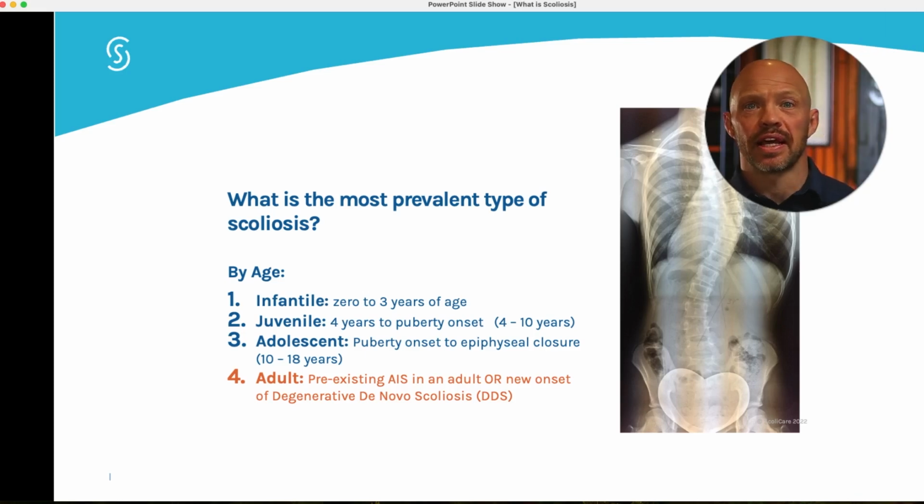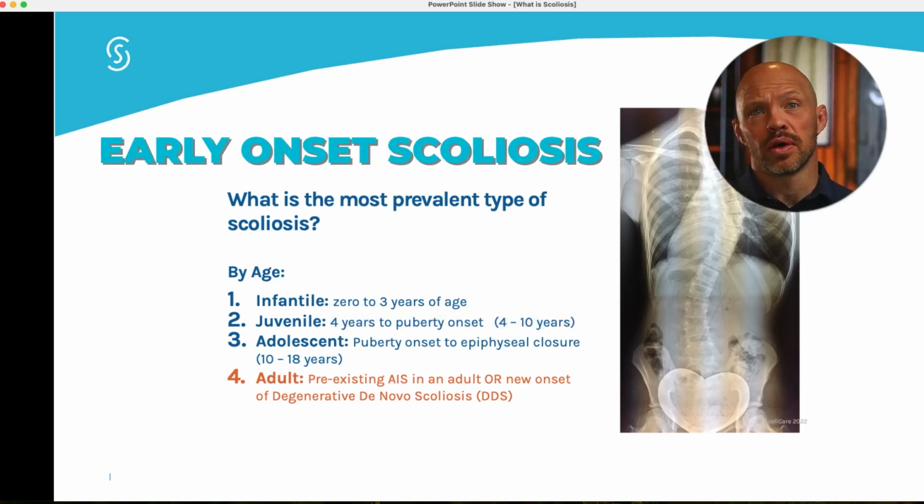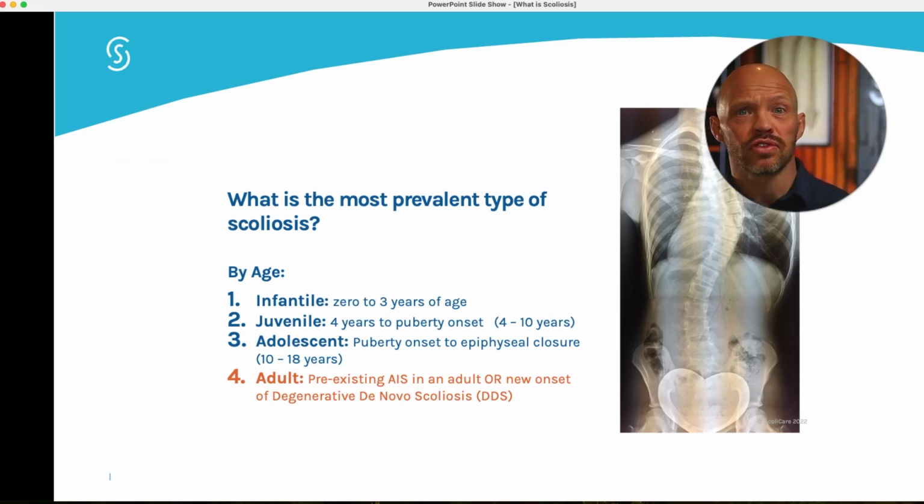Now, one of the ways we classify scoliosis is based on age. We would say someone has infantile scoliosis if they are diagnosed when they're between the ages of 0 and 3 years old. We would say someone has juvenile scoliosis when they're diagnosed between the ages of 4 and 10. Both infantile and juvenile are also known as early onset scoliosis. This is important to know because the earlier scoliosis develops, the higher the risk of curve progression. So infantile and juvenile onset scoliosis have a higher risk of progression to surgical levels,